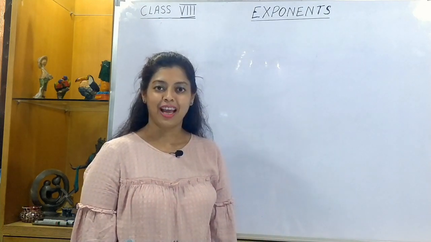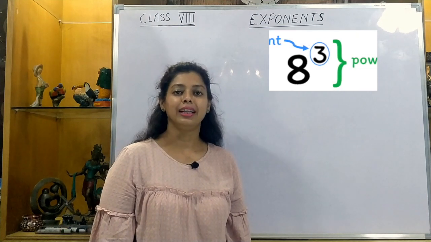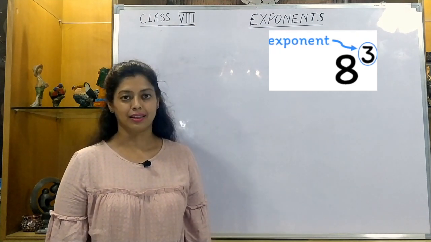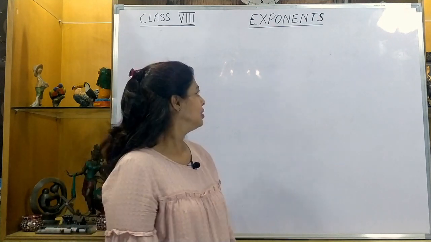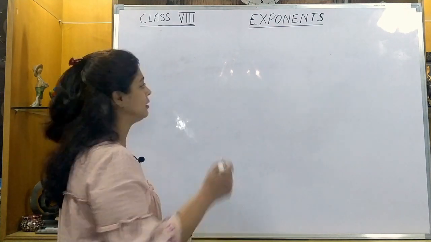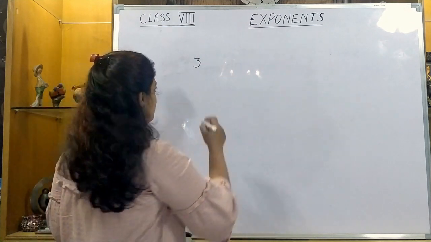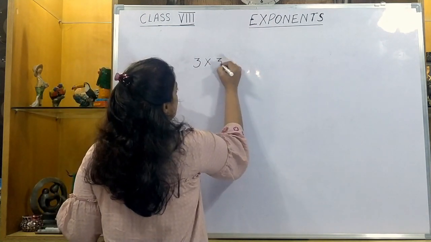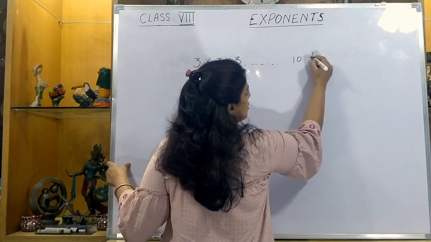Let's take up exponents now. What are exponents? Exponents are an easier way to express the same number multiplied by itself many times. So, for example, if I have a number 3 and I have to multiply this 3 10 times, instead of writing 3 into 3 into 3 and so on 10 times,